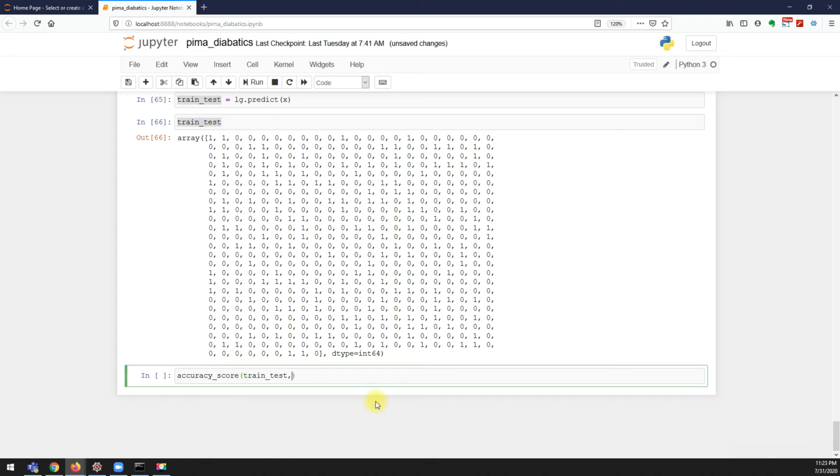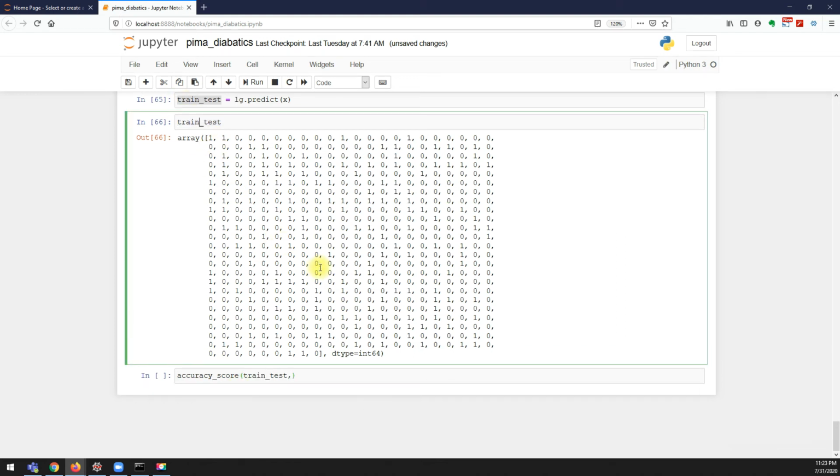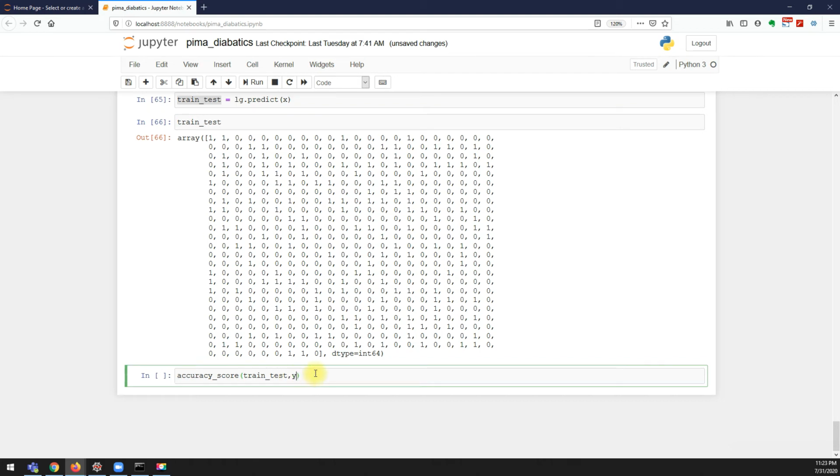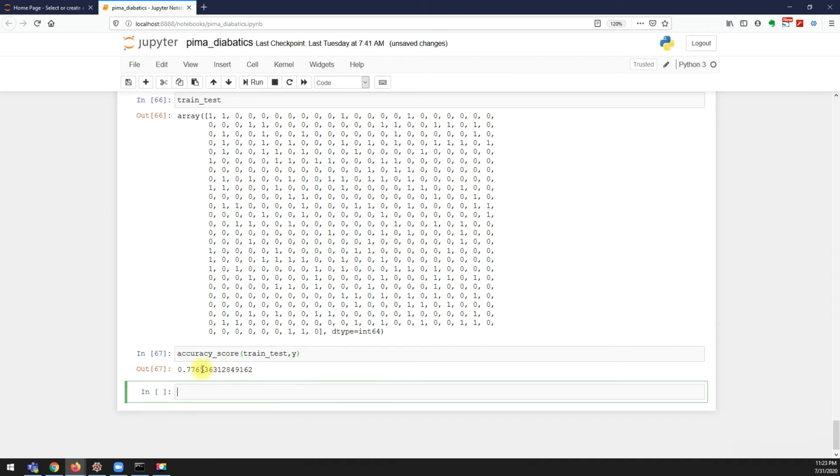This is the variable where my prediction data is, and this is the Y variable where my actual values are. Now if you see, I got 77% accuracy. And of course, in a similar way we have to do it on the test data, because the main intention of test data is to test the actual accuracy of your model.